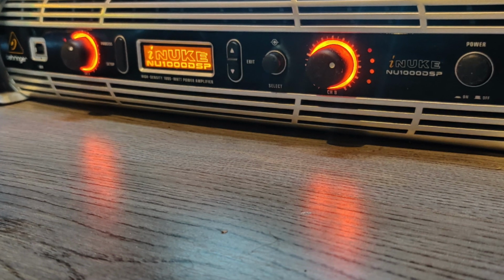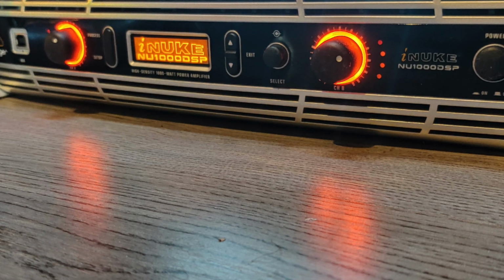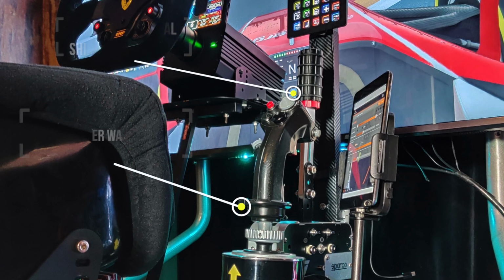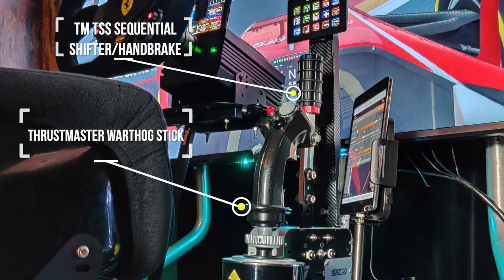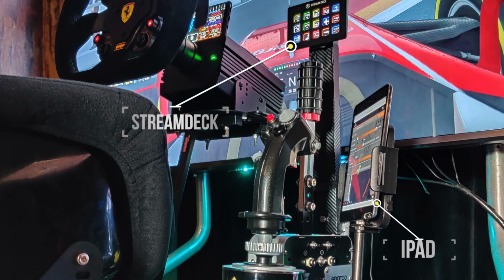Also, I believe he said he has 2 Butt Kicker Gamer 2s attached, and to pair it off, he has 2 Nuke amps at 500 watts apiece. And on the right side of the cockpit, he has a Thrustmaster TSS sequential shifter handbrake and a Thrustmaster Warthog flight stick. Within arm's reach, he also has his iPad, which he created a do-it-yourself mount for and used for